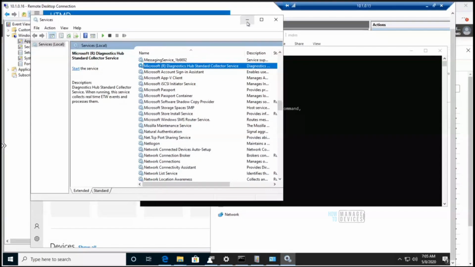Sorry, again I said Intune MDM agent; it's the Windows 10 default MDM agent.